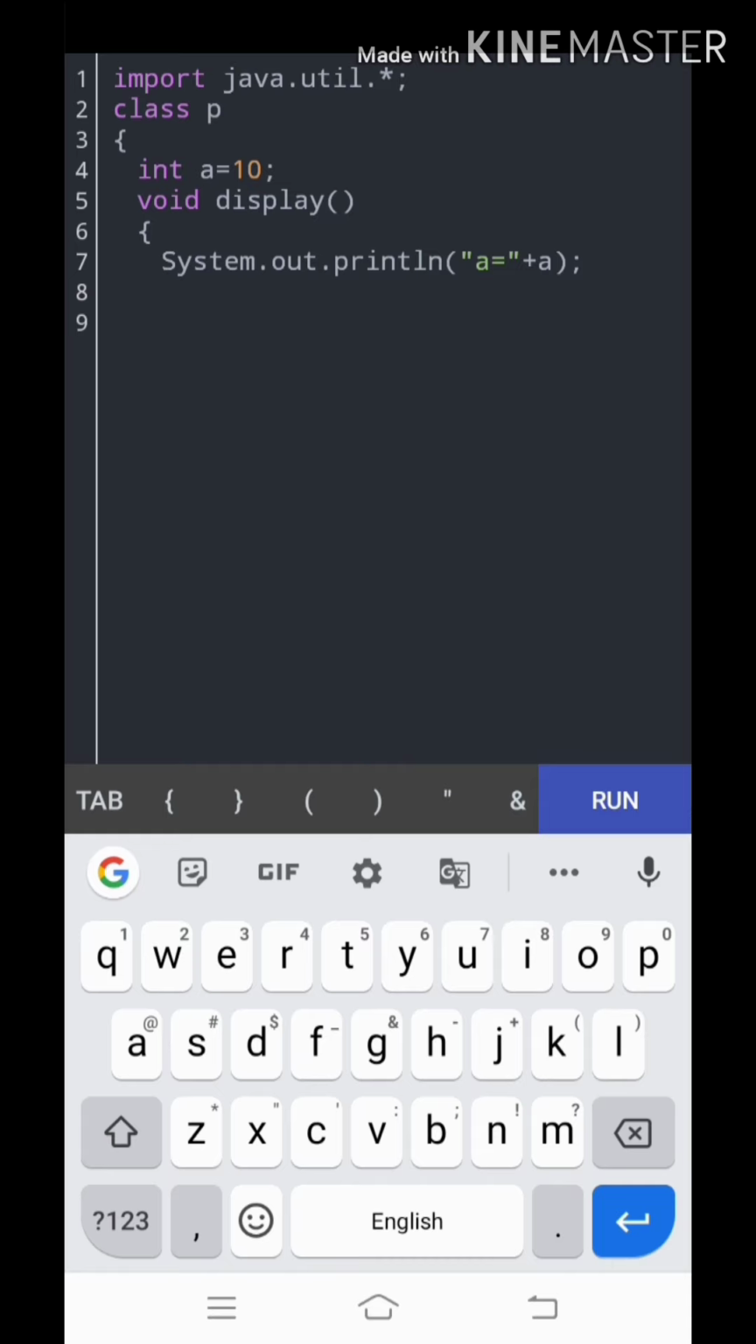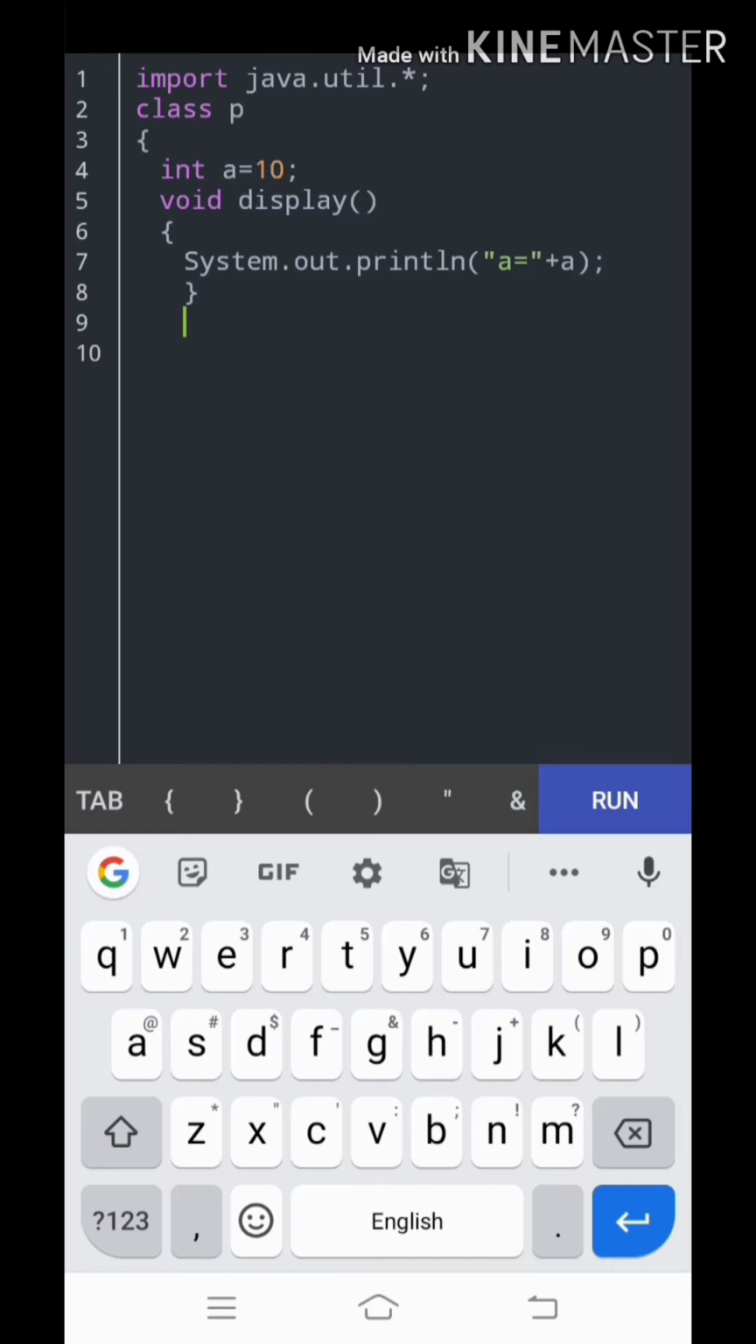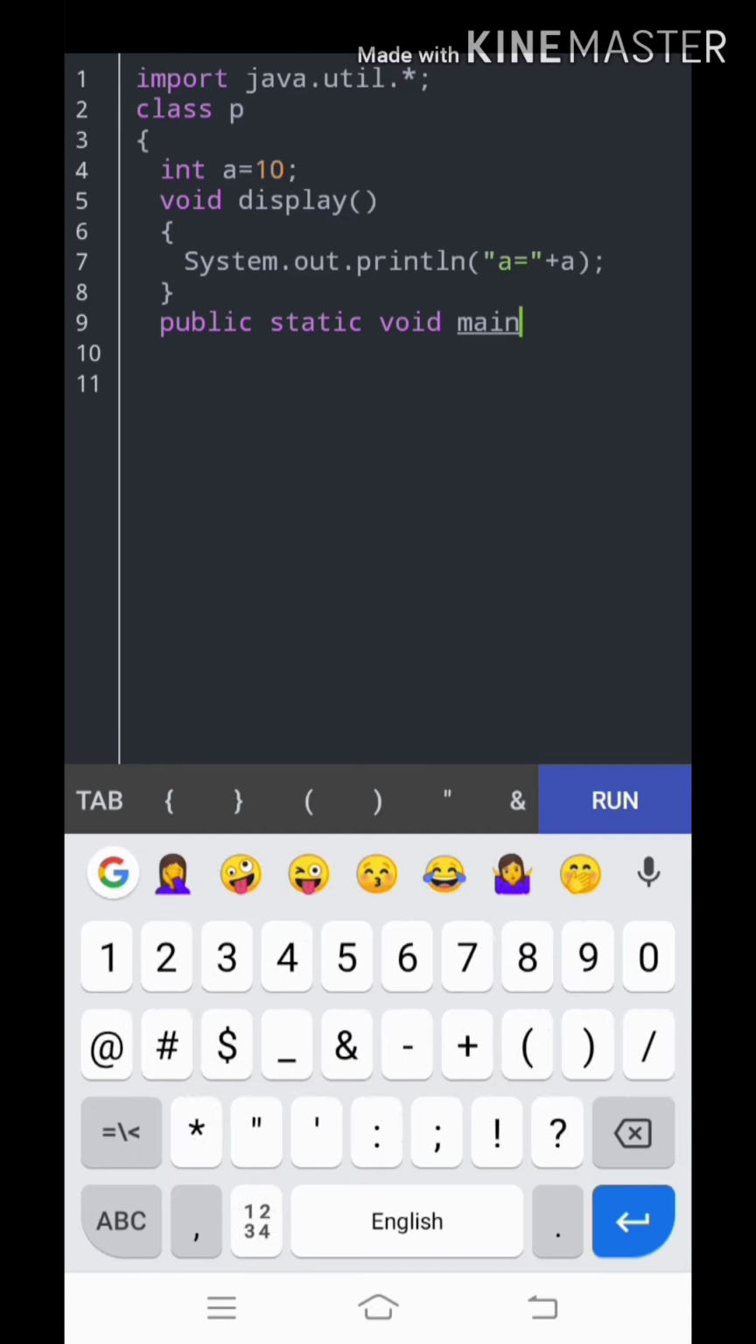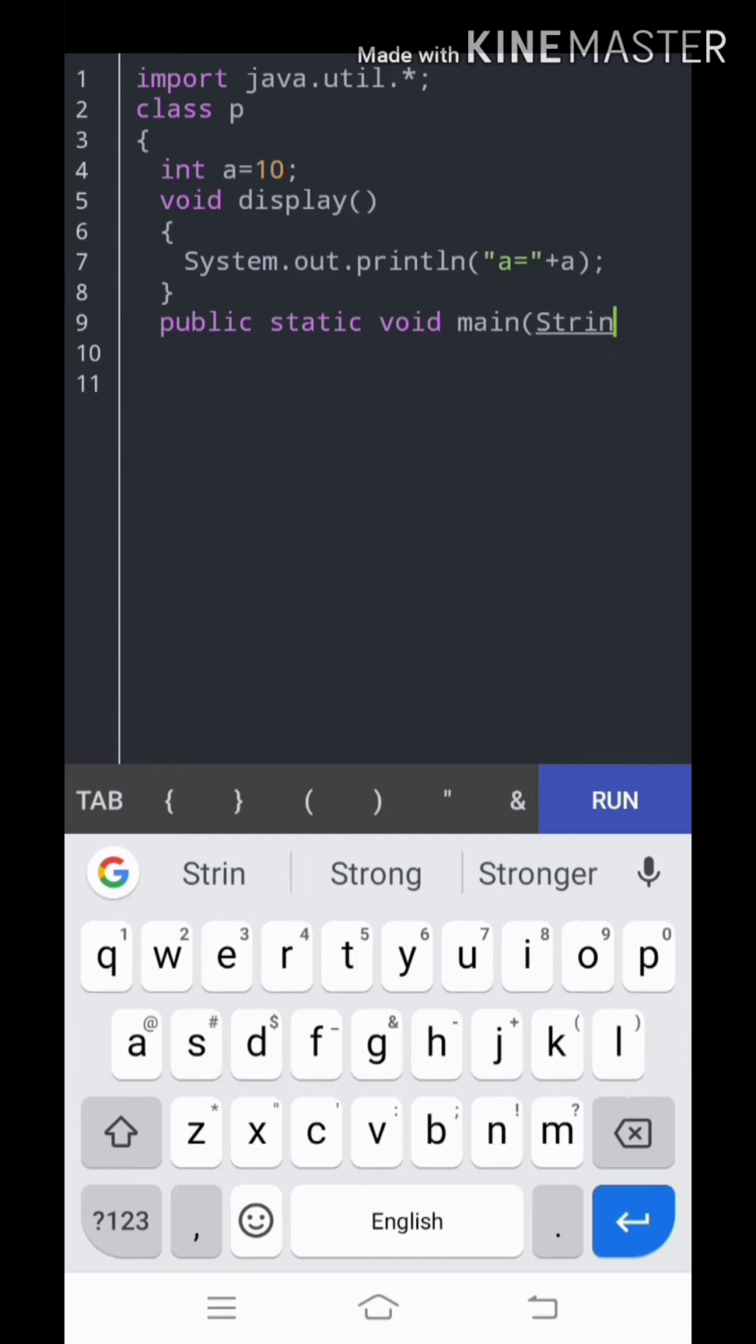As we have seen in the earlier program, with the local variable, we declared the a value inside the display function, and we called that variable inside that function only. But now I am going to take the variable outside of the function and try to call it in this function. As we all know that the execution starts from the main method, I am going to create a main method, public static void main String